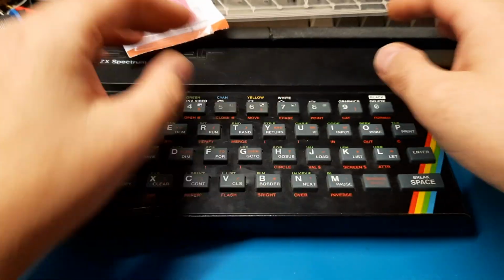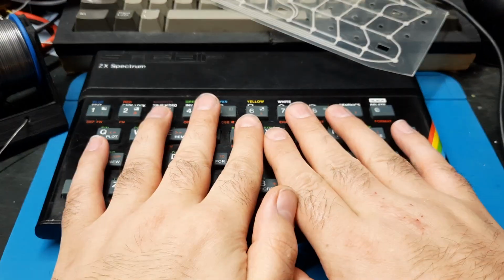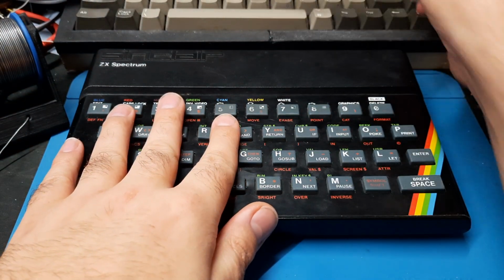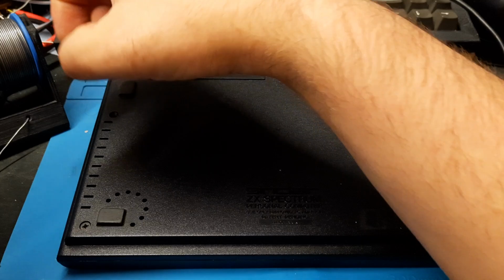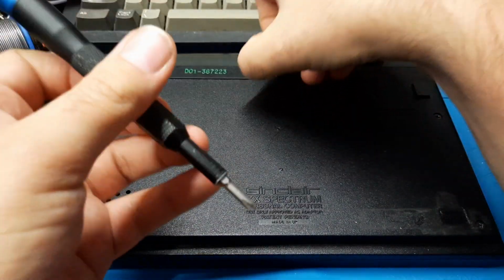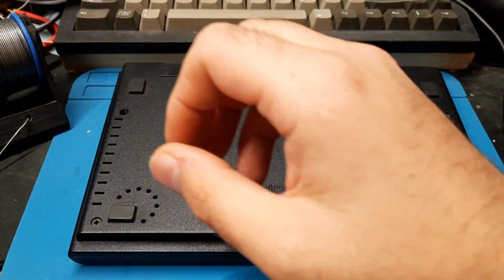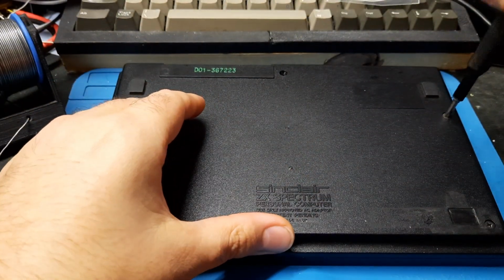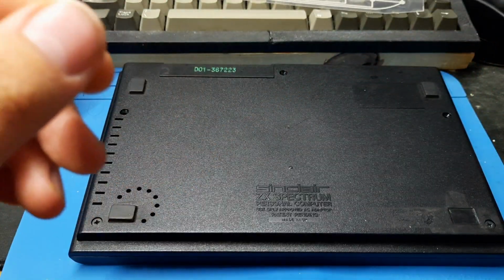We'll start with all the parts have arrived. So we got the transistors, and we got the keyboard membrane. So we'll start with easy, low-hanging fruit first, and get the keyboard replaced because that's nice, easy. That's a guarantee that it's gonna work. And I've also tidied my desk a bit since last video because it's been over a week because the NPN transistors, or was it the PNP ones? One of the sets of transistors took like an absolute age to arrive here, and I don't know why. But now we can actually get...